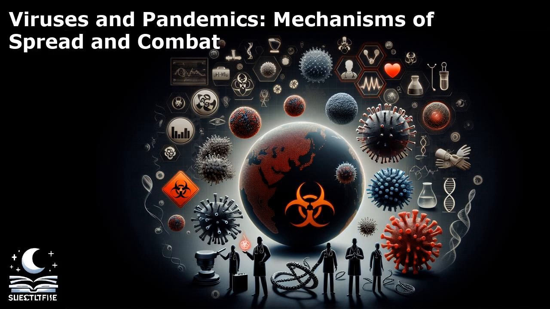Furthermore, pandemics can also be caused by bacterial infections, such as the bubonic plague pandemic in the 14th century, known as the Black Death, which decimated populations in Europe, Asia, and Africa. Bacterial pandemics are characterized by rapid transmission through fleas or respiratory droplets, leading to high mortality rates if left untreated. Understanding the different types of pandemics and their historical significance is essential for developing effective strategies to prevent, detect, and respond to future global health crises.